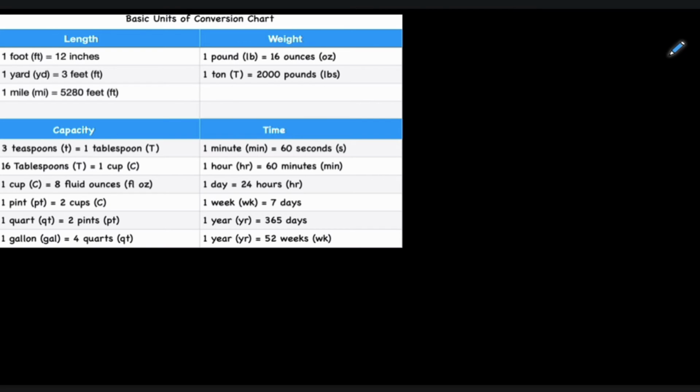So let's say you need to convert from weeks to hours, okay? So we'll say, let's say we're converting from 4 weeks to hours. Okay, so this is where I want you to pay close attention. All right, so we can't just simply go from weeks to hours, right? We have to go in a step-by-step manner. All right, so we all know that there are 7 days in a week, right? So let's first write 4 weeks over 1